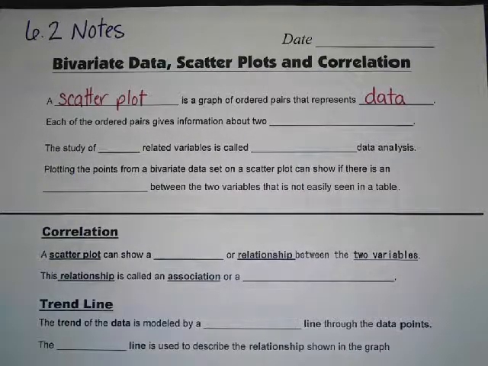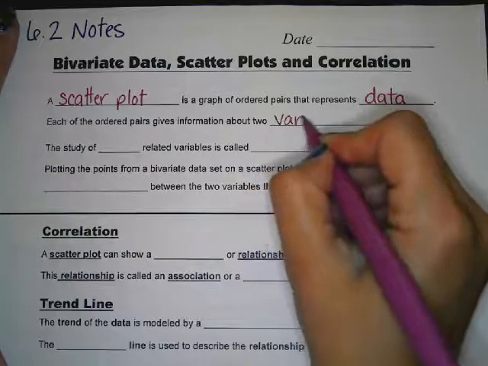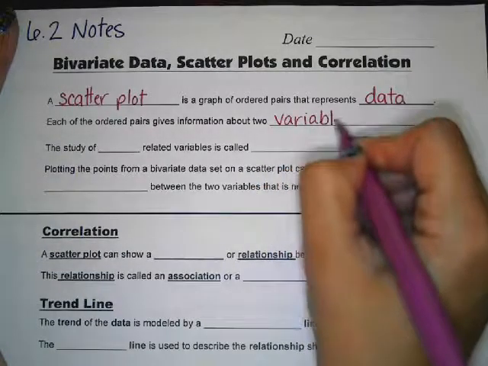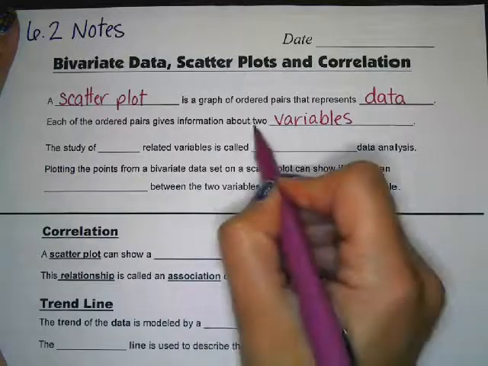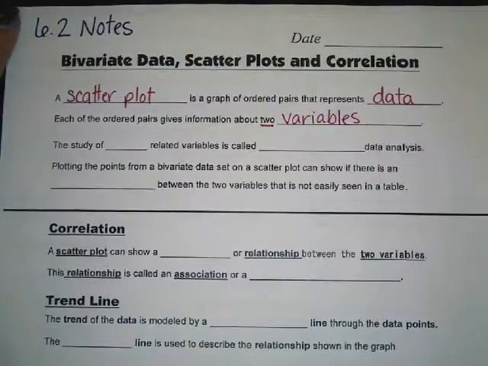Each of the ordered pairs gives information about two variables. So if we're working with two variables, we're going to have an x and a y, just like we're used to having. And the study of two